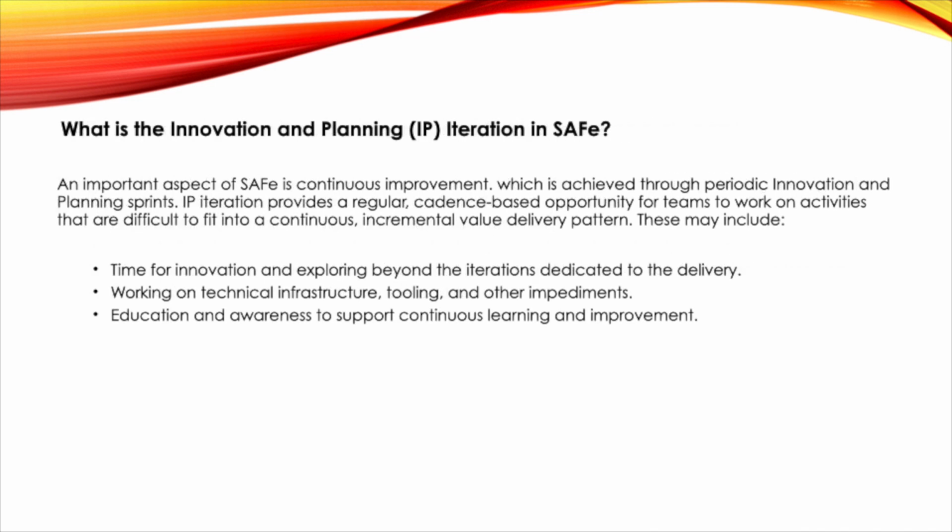What is the innovation and planning iteration in SAFe? An important aspect of SAFe is continuous improvement, which is achieved through periodic innovation and planning sprints. IP iteration provides a regular, cadence-based opportunity for teams to work on activities that are difficult to fit into a continuous, incremental value delivery pattern. These may include